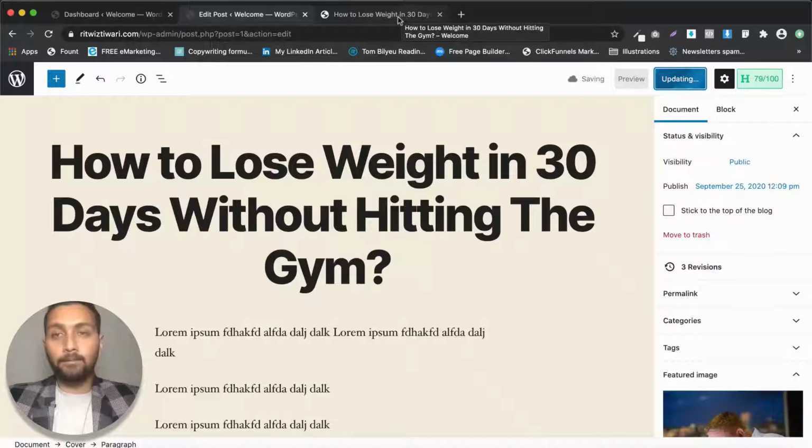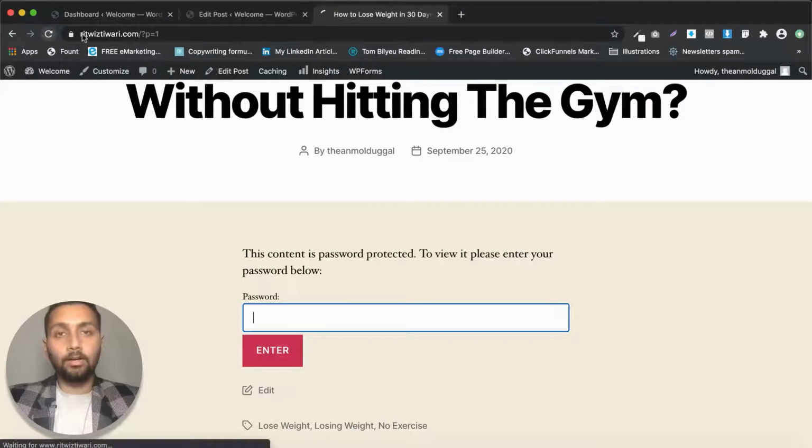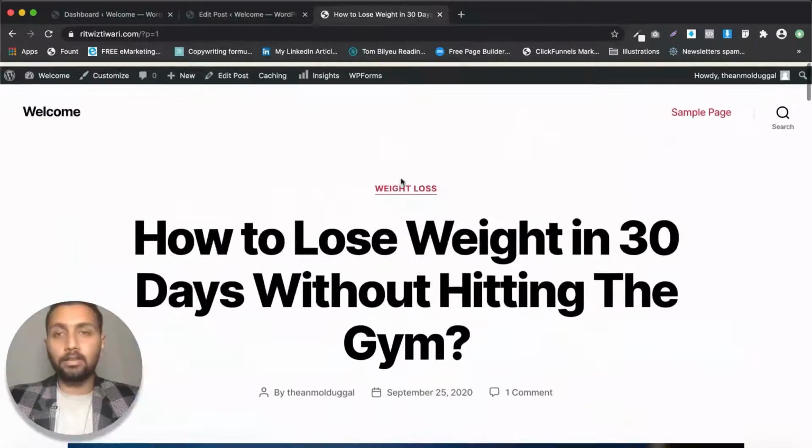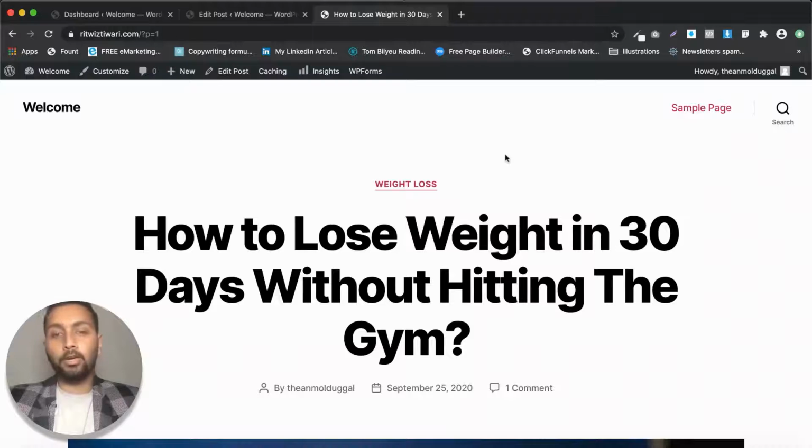So it's getting updated. With this video, you will now know everything that you can do with the posts feature inside of WordPress and the pages feature inside WordPress. What is a website? Actually, it is filled up with content, right? A website has content, and this is how you post content on the website.